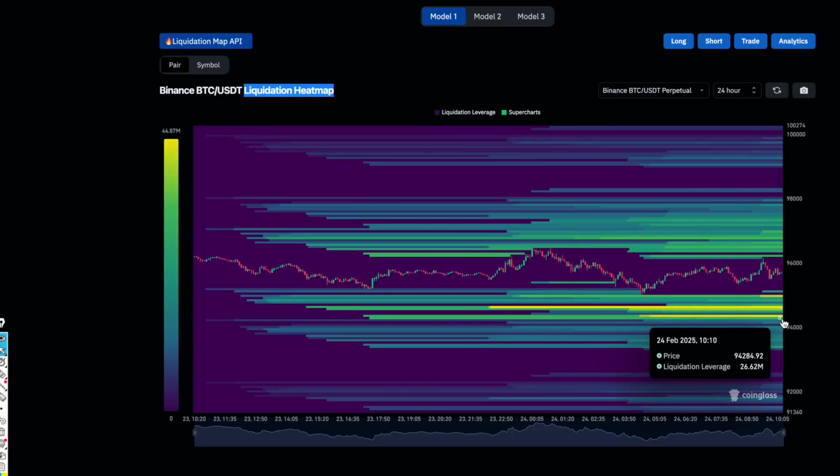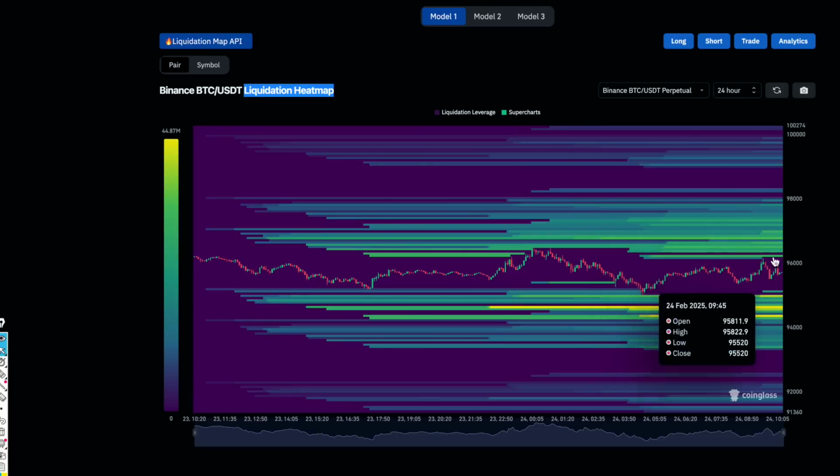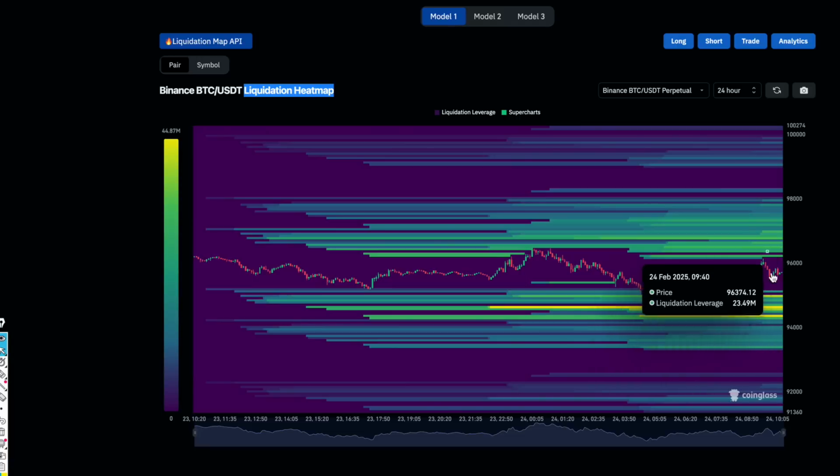stop losses. The bottom of the range at the moment is at 94,300, and at the top there isn't very much a pronounced or prominent zone. So the nearest one is really around about here, which is around 96,700. So this is where we can expect 94 to 97 for the price to be in the next 24 to